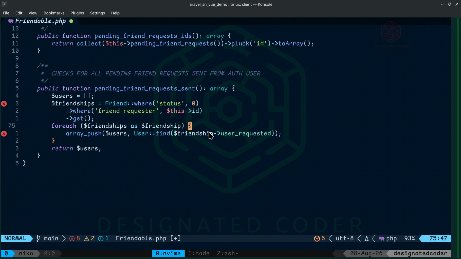Now here we have 3 that I pulled out. One is pending friend request sent IDs, and it's just collecting all the pending friend request user IDs sent from the auth user. We're going to pluck the ID, we're going to send it to an array. Checks for pending friend requests sent to an auth user from specific user ID. So someone sending us the request, and then it says has pending friend requests sent from. In addition to has pending friend requests sent to, it checks for any of the friend requests sent to specific